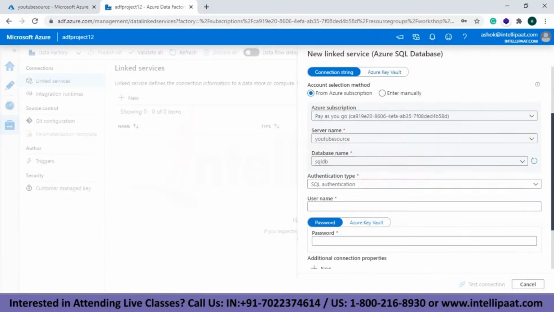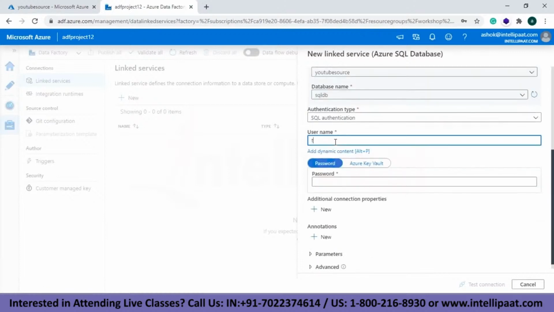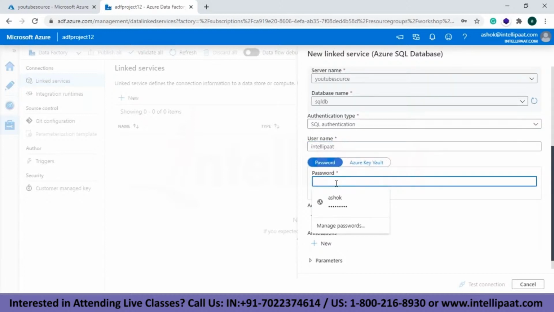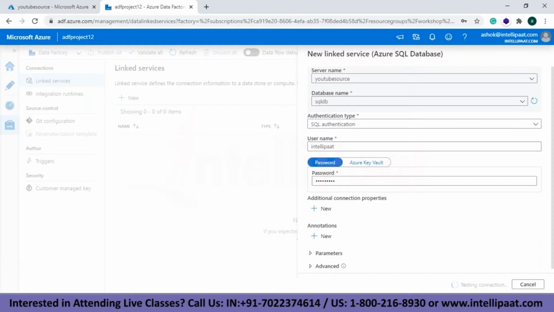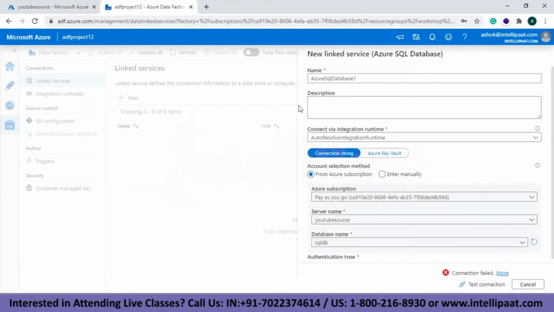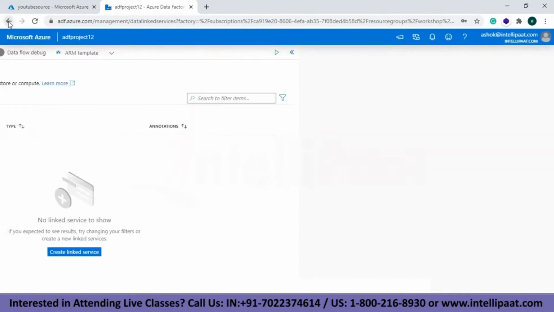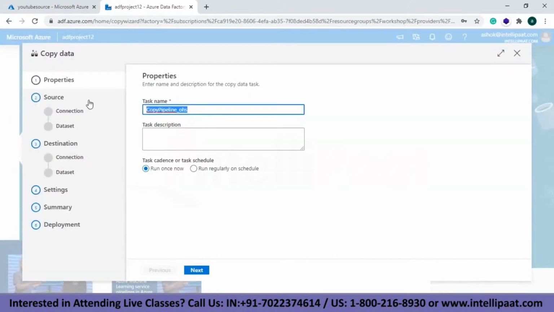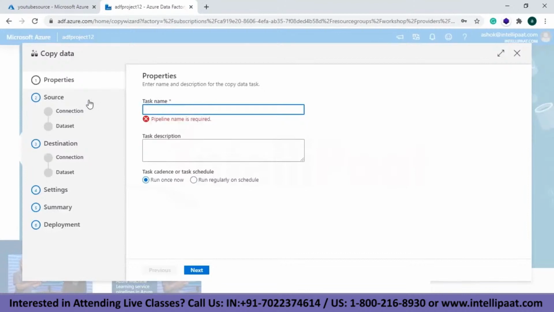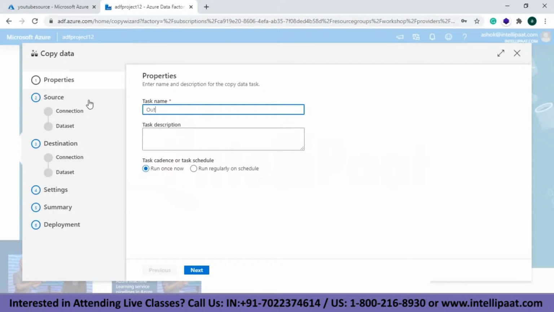SQL DB, let me choose this one, and then let me just put it as Intellipaat, Intel@123. Let me test the connection. Okay, or else let me do it over here. So my task name is transform the channel list. Sorry, let me just put output list,